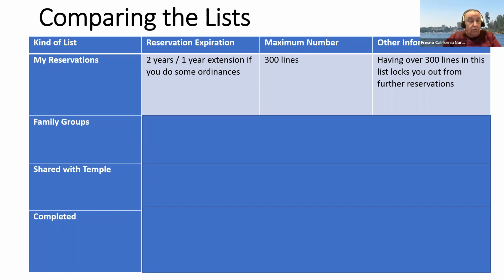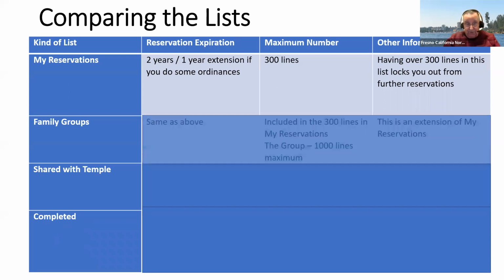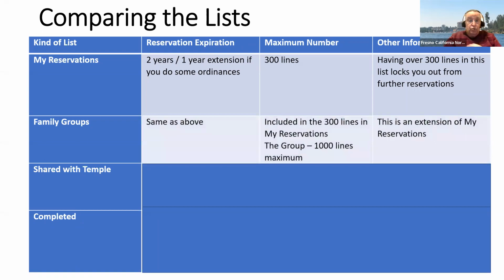If you belong to a family group and your family group is sharing names, then you can share some of your names to the family group, but those names don't leave your My Reservations category. I mean, they're in a family group now, shared where the people in the family group can use them, but they still count against your My Reservations. So you're still going to be limited to 300.